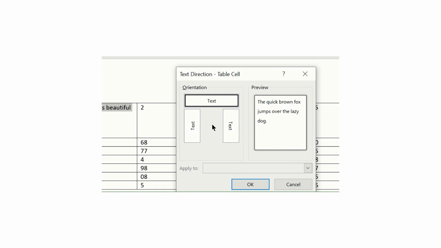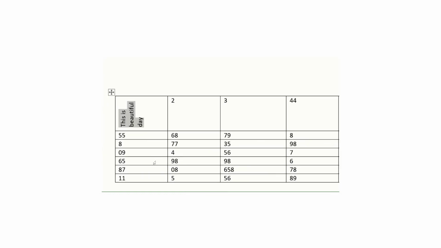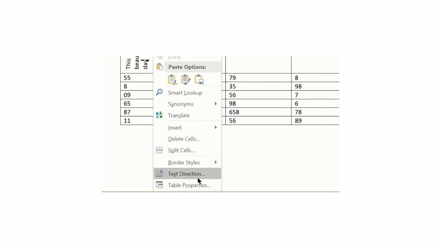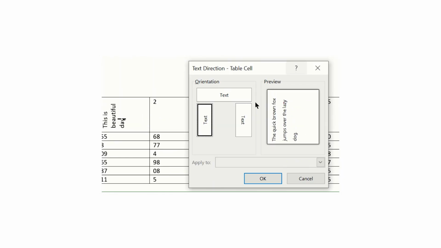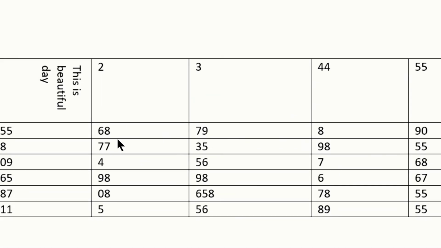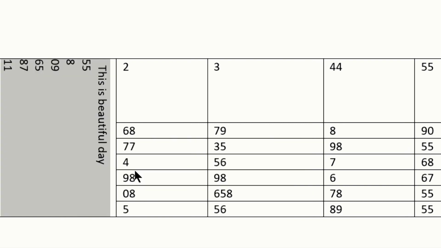I am selecting this one. Now click OK. Now you can see that the text direction is from bottom to top. And if I select the next format, the text will appear like that. Like this, you can change the direction of the text, and if you merge that full column, the text will align in that full column like this. Can you see?